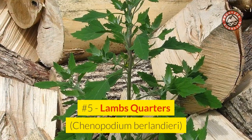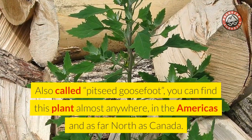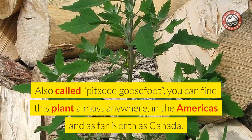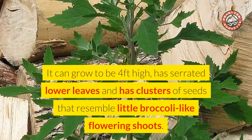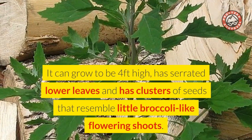Number 5. Lamb's quarters, Chenopodium berlandieri, also called pitseed goosefoot. You can find this plant almost anywhere, in the Americas and as far north as Canada. To some, it's a weed, to others it's a nutrient-dense wild food. It can grow to be 4 feet high, has serrated lower leaves and has clusters of seeds that resemble little